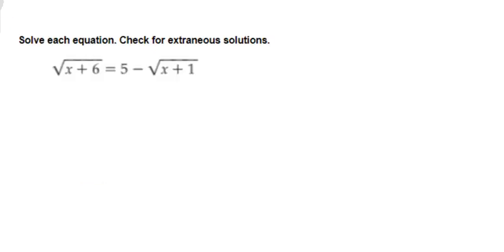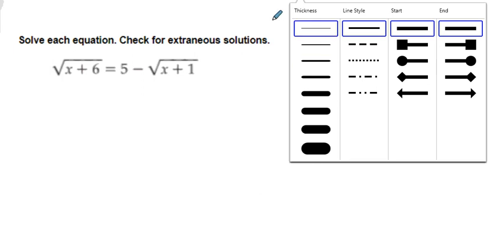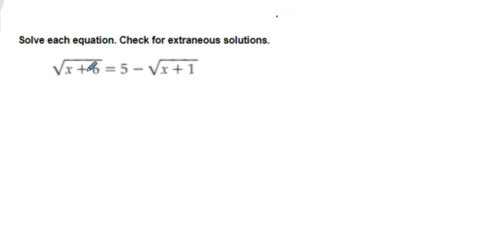Okay, sorry, I kind of jumped here. So we're going to do one more of these problems where you have radicals on both sides with other junk involved, okay? So we've got a similar situation to what we had in the last one. The only difference is now we've got a radical over here that's going to have some extra things going on with it. So this is probably going to require maybe one or two more steps,